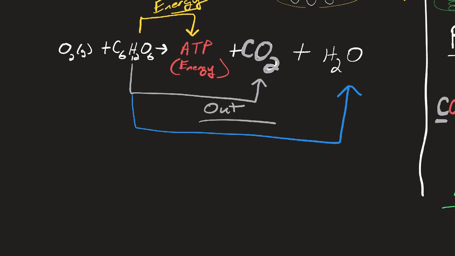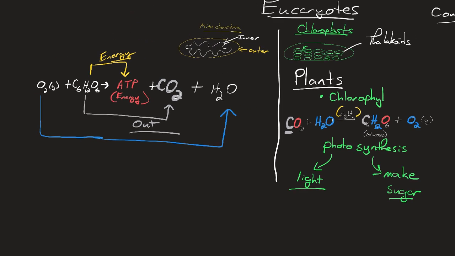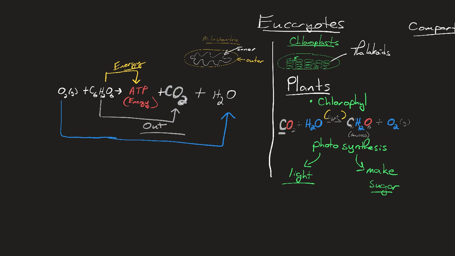The water actually didn't come from CO2, though. I misdrew that. The water actually comes from the oxygen. You take that oxygen you breathed in, all you're doing all day long is breathing in oxygen and making water. You literally make water in your cells, in your mitochondria. You make water by mixing oxygen with hydrogen. Do it all day long.